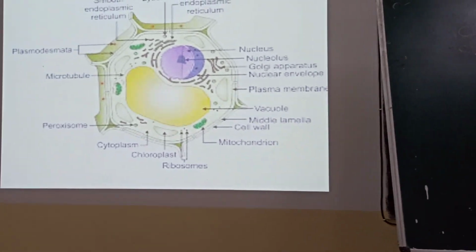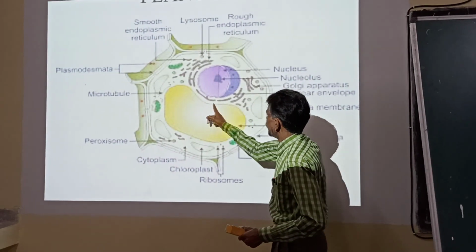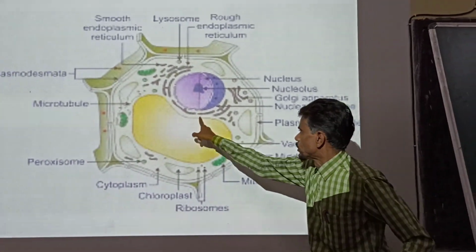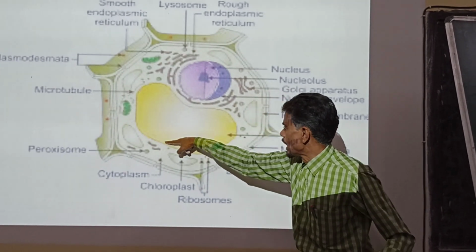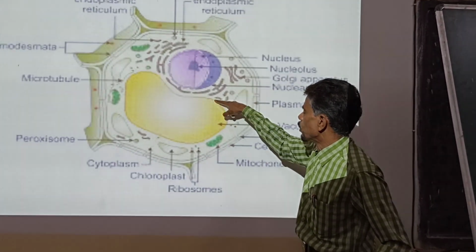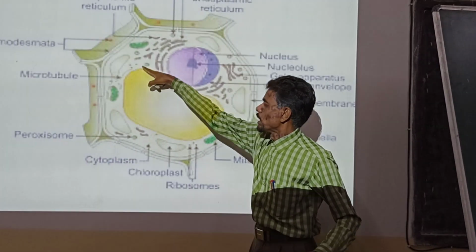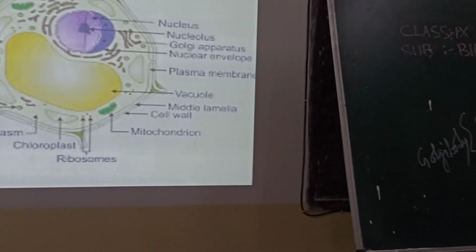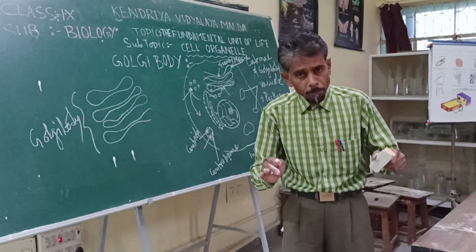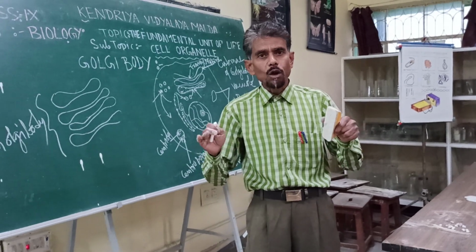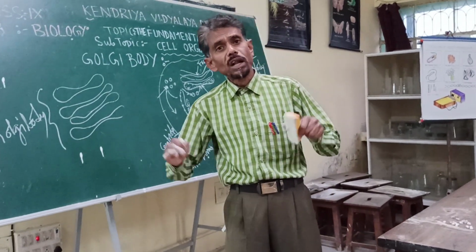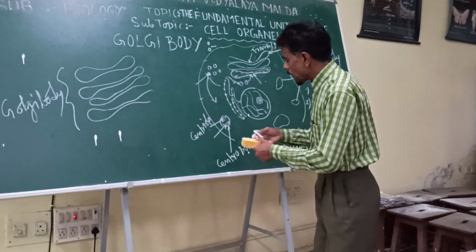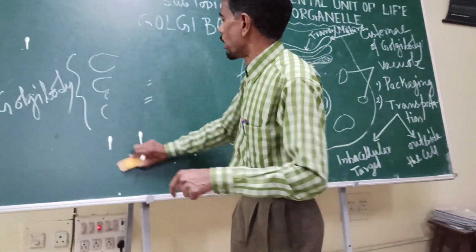You see here this very big bag-like structure present in the plant cell. I am putting my finger here, this very big bag-like structure almost covering half or one third of the cytoplasm. This is called the vacuole. So the vacuole is a sac-like structure. In a plant cell, sometimes the vacuole can occupy even 80 to 90% of the space of the cytoplasm. What are they responsible for? If I draw the vacuole here,